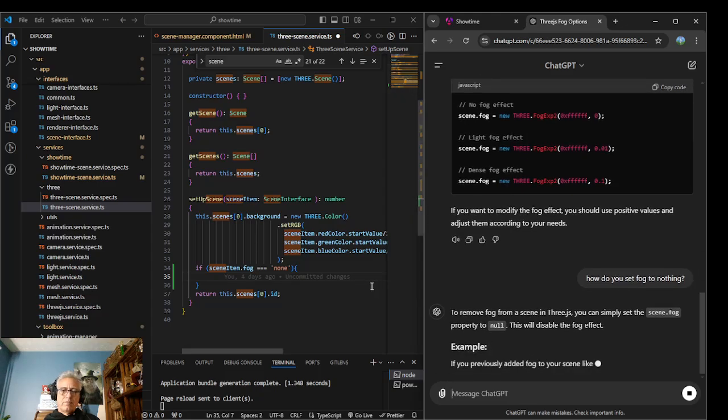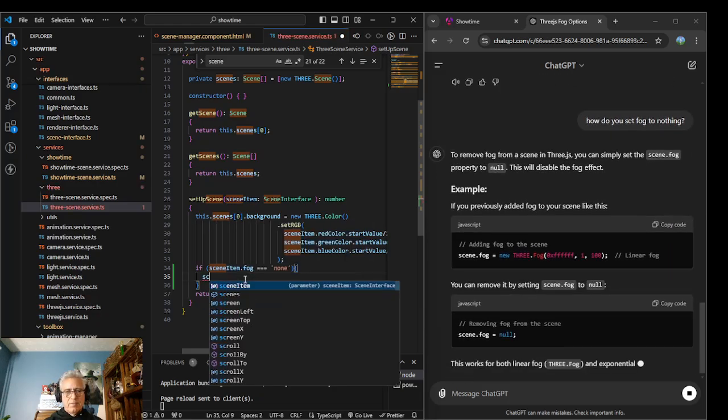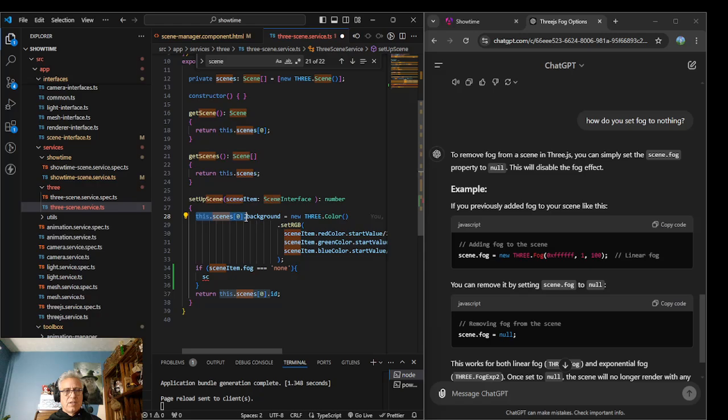Oh, okay, so then we'll just say the scene 0 dot fog is equal to null, and otherwise